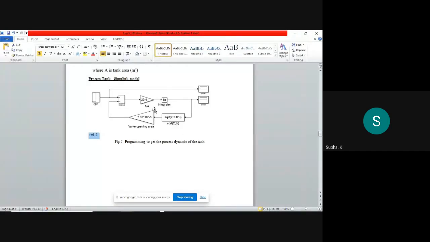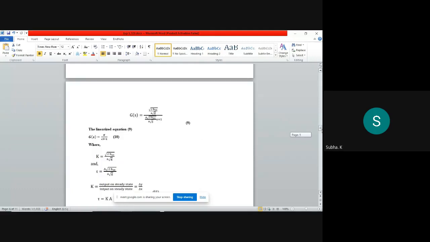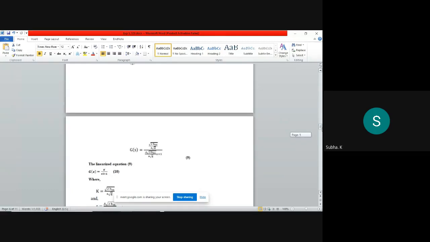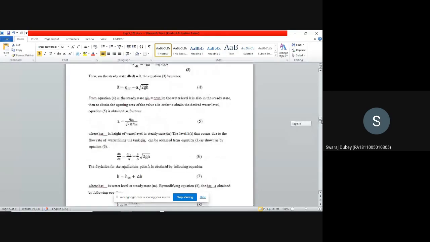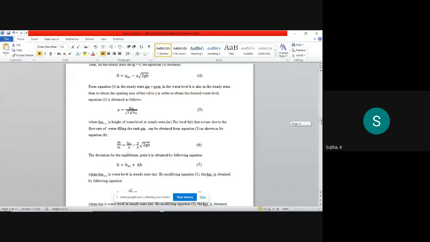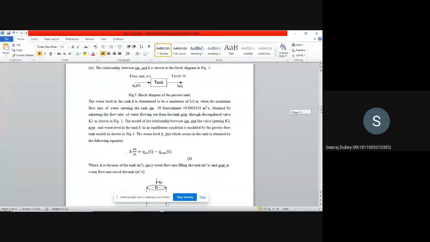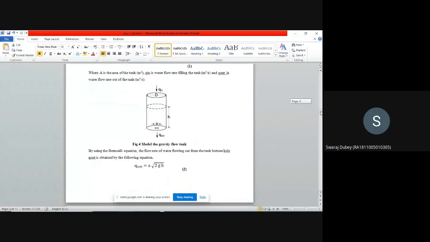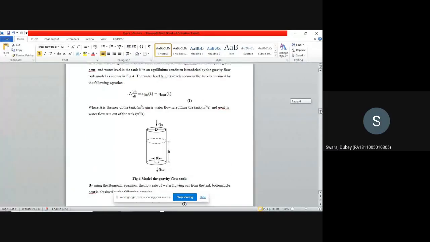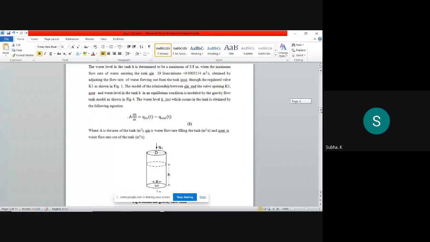Now this 1 by A represents what? Capital A represents the total area of the tank. I think there must be some more equations regarding that. Ma'am, how can there be an area of a tank? It should be volume or surface area. The area of the tank is capital A, they have given. That should be inlet, ma'am. It is the surface area of the level from which the water will go inside, the surface area of the tank.